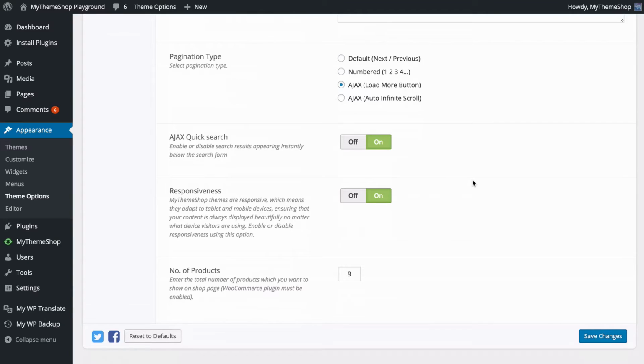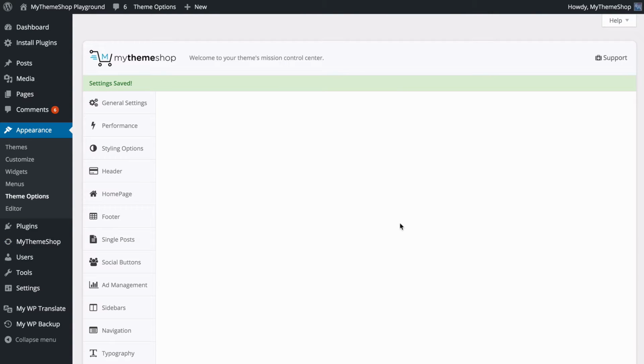And you'll also turn on or off the responsiveness of the theme. This is whether the theme responds to device size, so for example having mobile or tablet devices with a specific design of the site. You probably want to leave this on, but if you want to turn it off for any reason, you can do so. If you're using the WooCommerce plugin, you also have the option to customize the number of products used, but the WooCommerce plugin must be enabled in order to use this. Once you're done, you want to make sure you save those changes, and next we can have a look at